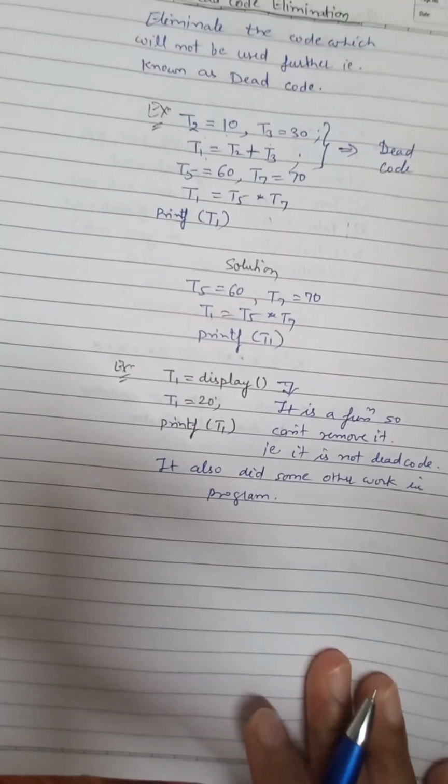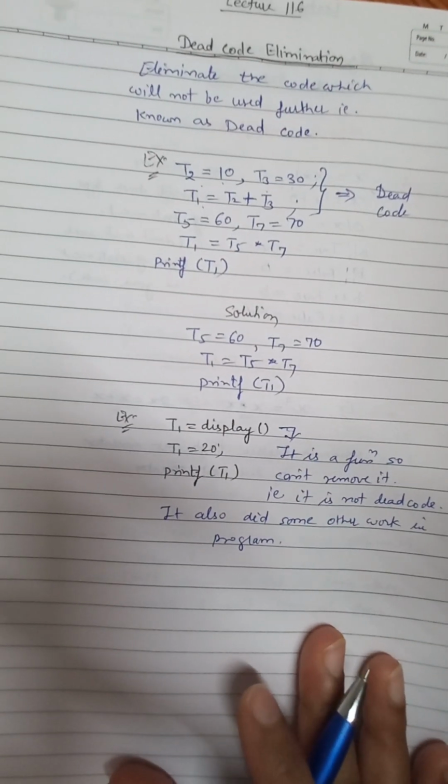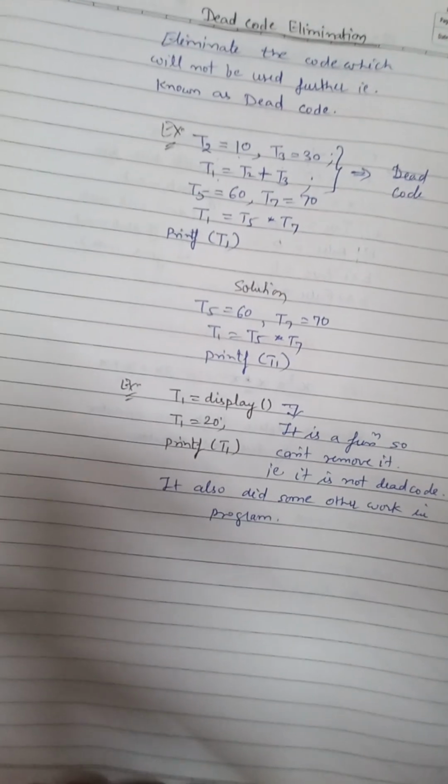So that's all about what dead code is and how we can eliminate dead code in code optimization in compiler design. In the next lecture, we are going to learn